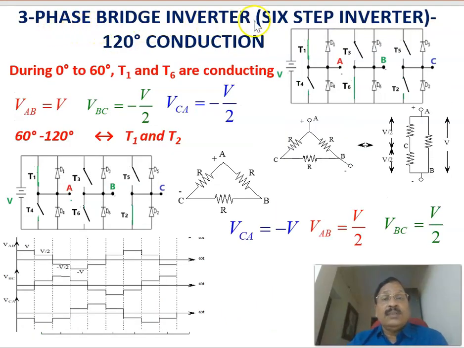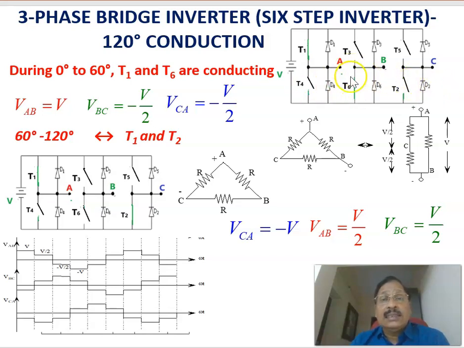Now continuing 3-phase bridge inverter, 6-step inverter in 120-degree conduction mode, and this is the circuit topology. And we have 0 to 60 degree duration. In the 0 to 60 degree duration, T1 and T6 are conducting. T1 and T6 conducting means from the positive group, T1 is switched on, and from the negative group of